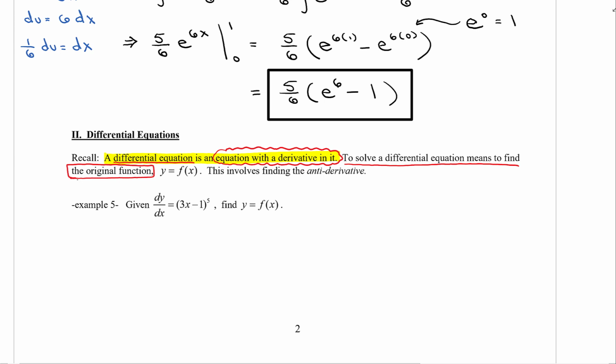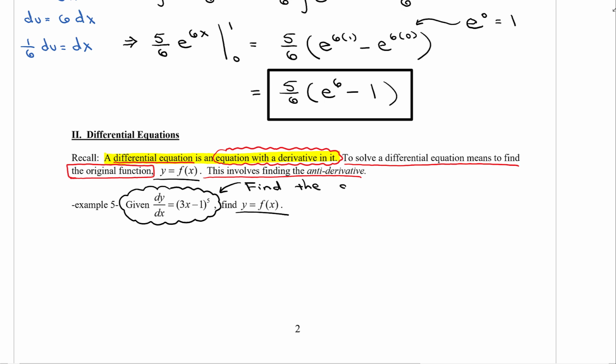Next sentence, this involves finding the antiderivative. So that's very important as well. So we're going to go ahead and underline that whole sentence. The sentence that states, this involves finding the antiderivative. After we underline that sentence, we're going to go ahead and also underline the part that says y equals f of x, because that's going to represent our original function. And we're also going to underline in the instructions that we need to find y equals f of x. And I'm going to put a cloud around the problem, so that way we know what we need to find